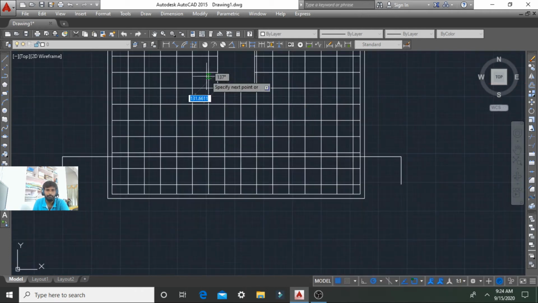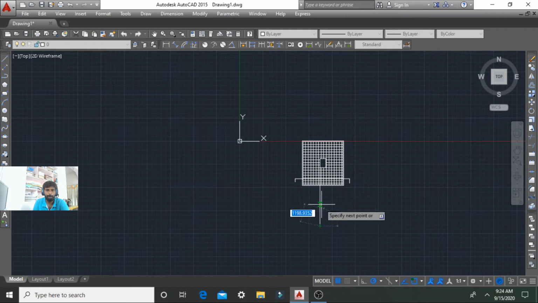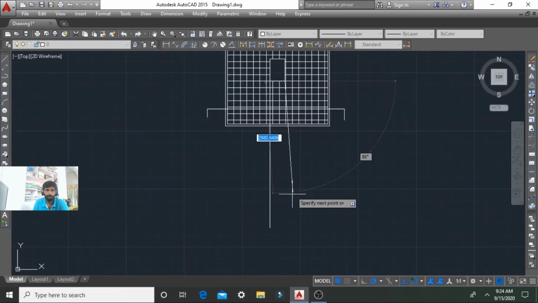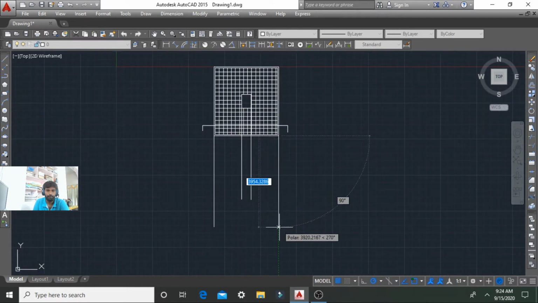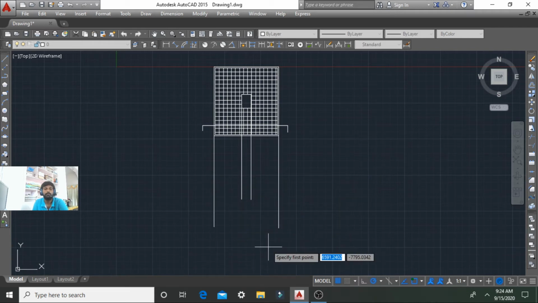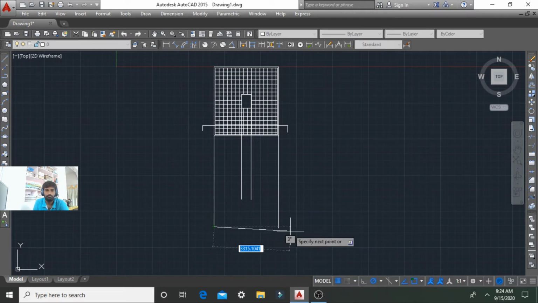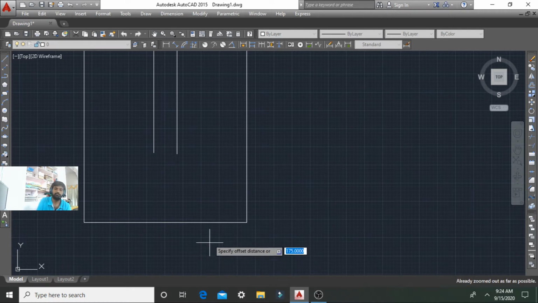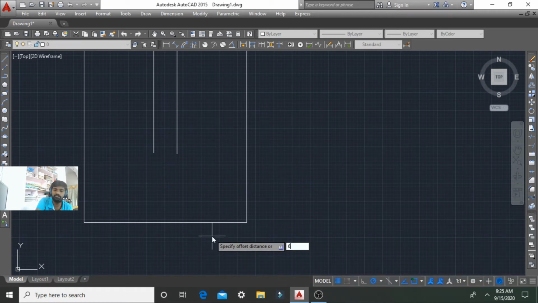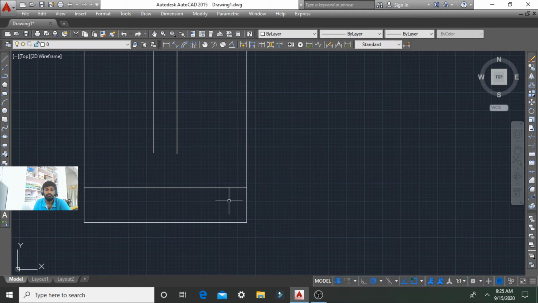I am drawing it here. The depth of the column is 600 mm, so I am giving 600 mm thickness of the bed. So 600 mm is given.